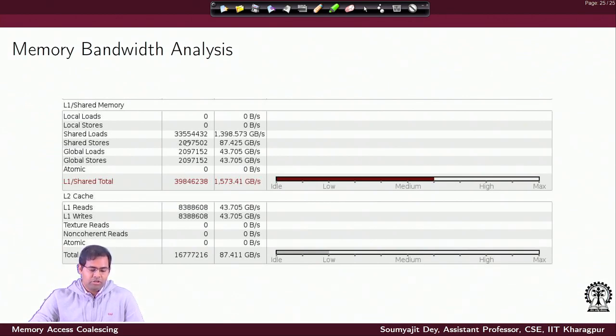However, if I look into the shared memory access, the number of shared memory stores are the same as global memory loads. Why? Look back to the code, you will see that just like the global memory loads are coalesced, the shared memory writes are also coalesced because they are writing by the row. But when I load from the shared memory, as we discussed earlier, we loaded column wise. Now due to this column wise loading, there have been conflicts, right.